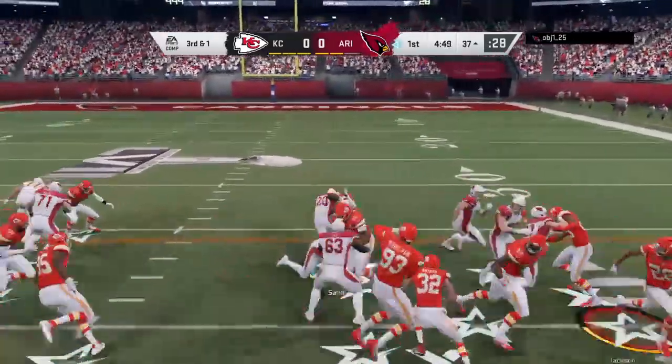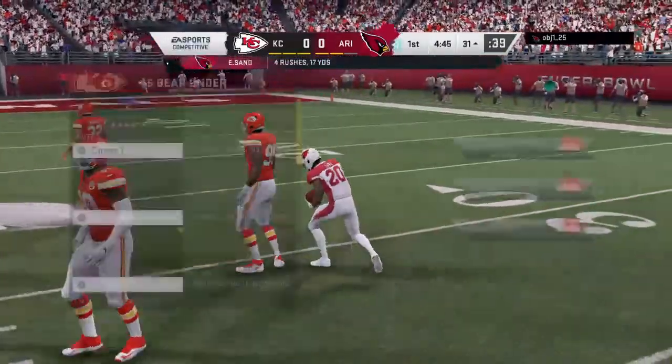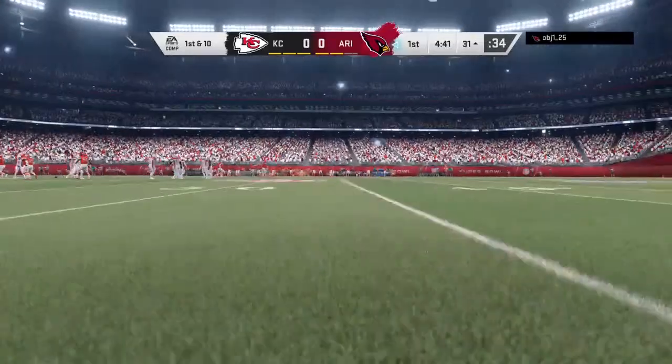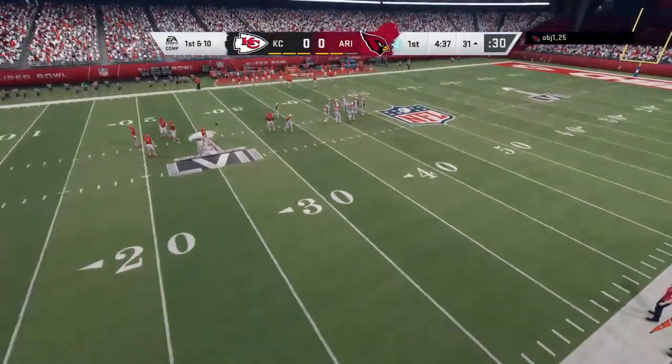Now they try the right side here. And he's able to get it to the 31, and that's enough for the first. Gives him 6 yards and the first down. Had a chance to maybe limit them to 3 if they could have gotten that stop there, but a new